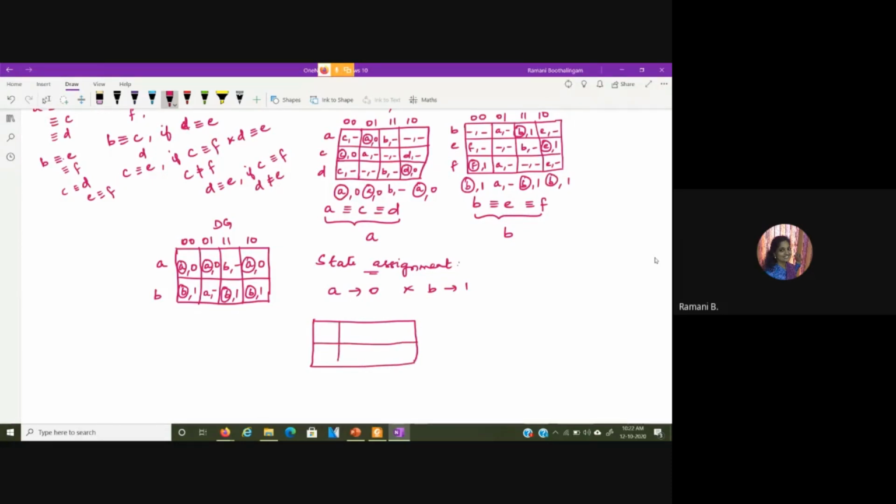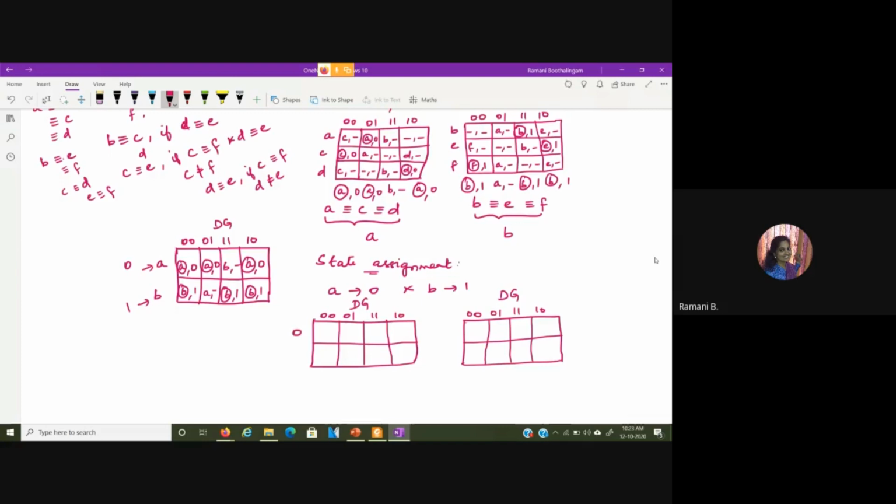So here, wherever I have A, I will replace it with 0, and wherever I have B, I will replace it with 1. Now we give the table separately for the excitation table and the output variable. This type of table we saw already. So 0 0, 0 1, 1 1, 1 0, and 0, 1.